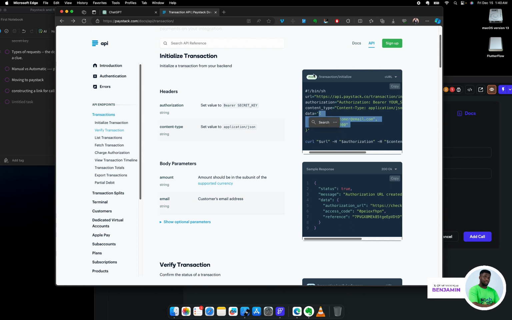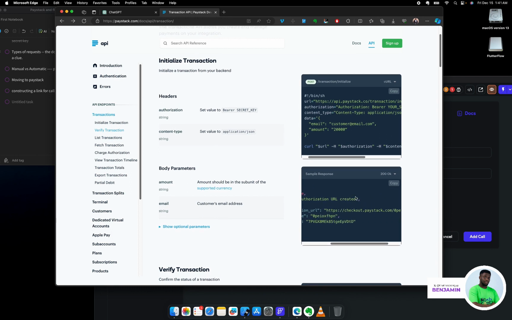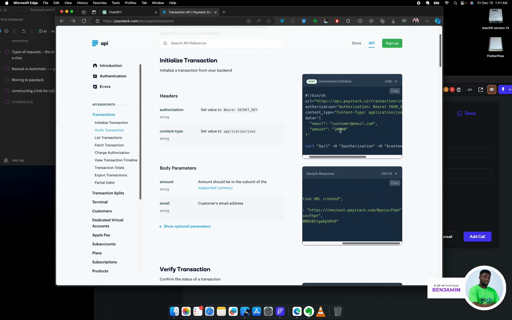Now remember, post calls mean you are creating something new, and when you are creating something new, you need to send the data or the information that you are creating to that other platform, to their database. You need to tell them what you want to create. And with Paystack, you are creating a payment, all right? So that they can do something for you. So they can create a link that your users will make sure they pay that exact money you specified